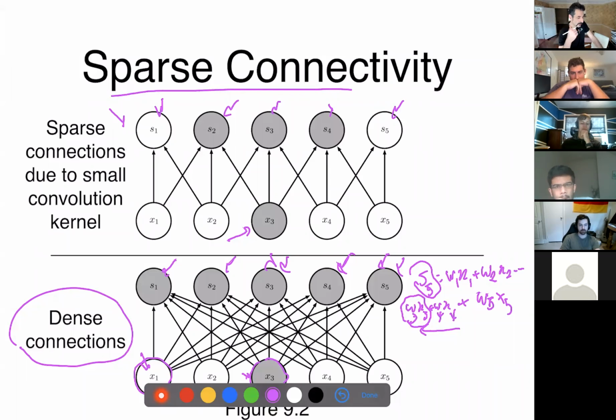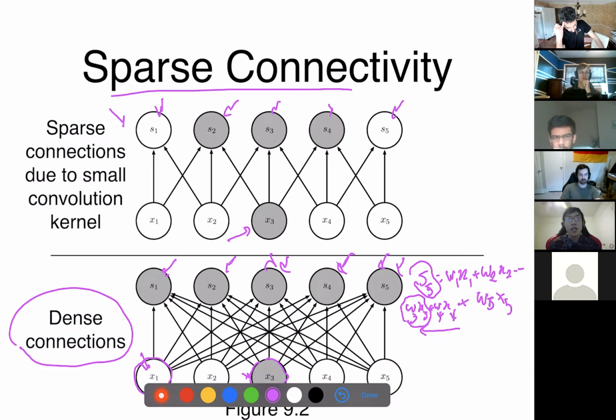So why instead of 3 is it not 4? It depends on the kernel size. Yeah, fantastic, right? So you remember, back to here, the kernel size is 2, right? So see here,